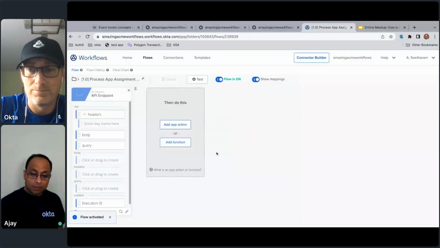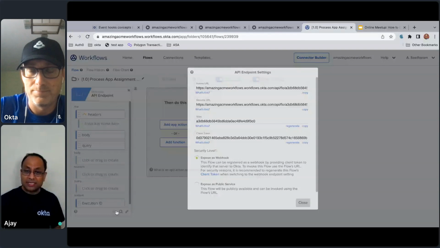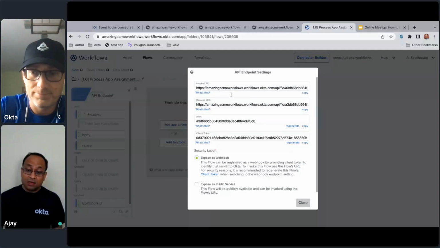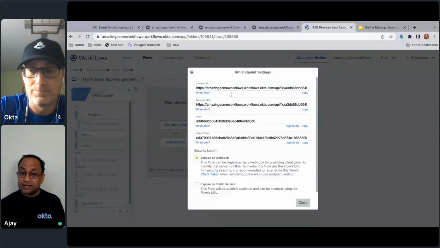When I come back to the endpoint settings, you will notice that Okta Workflows has generated a client token, right? And so we would use this particular invoke URL as that API endpoint for this particular event. Now, let me copy this,